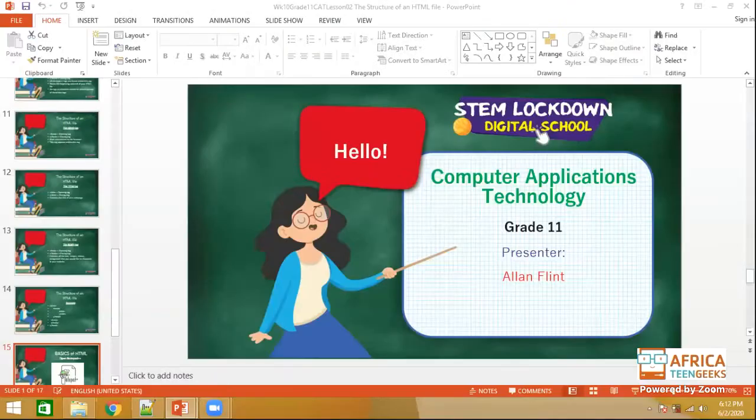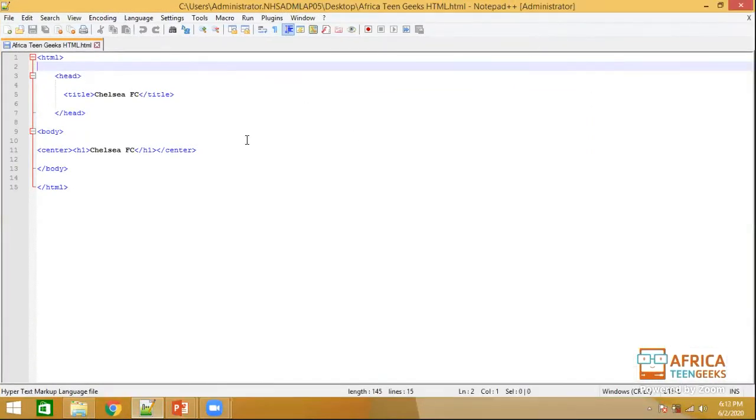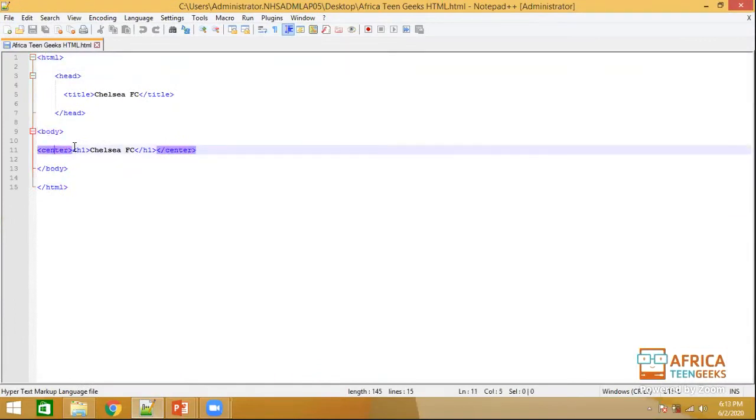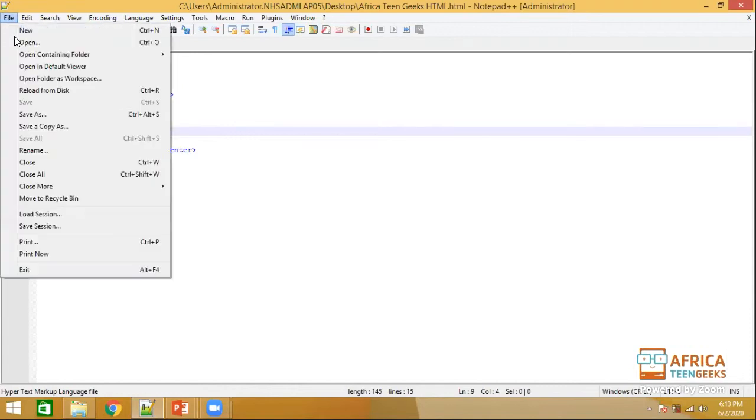Okay, so going to Notepad++, and the file that we were creating yesterday looked like this. So we started a website over here, and we were able to then create this website with all the various tags, and we added a couple of extra ones there, like the heading, which we'll get into at a later stage. So what I'm going to do now is I'm just going to create a new tag,